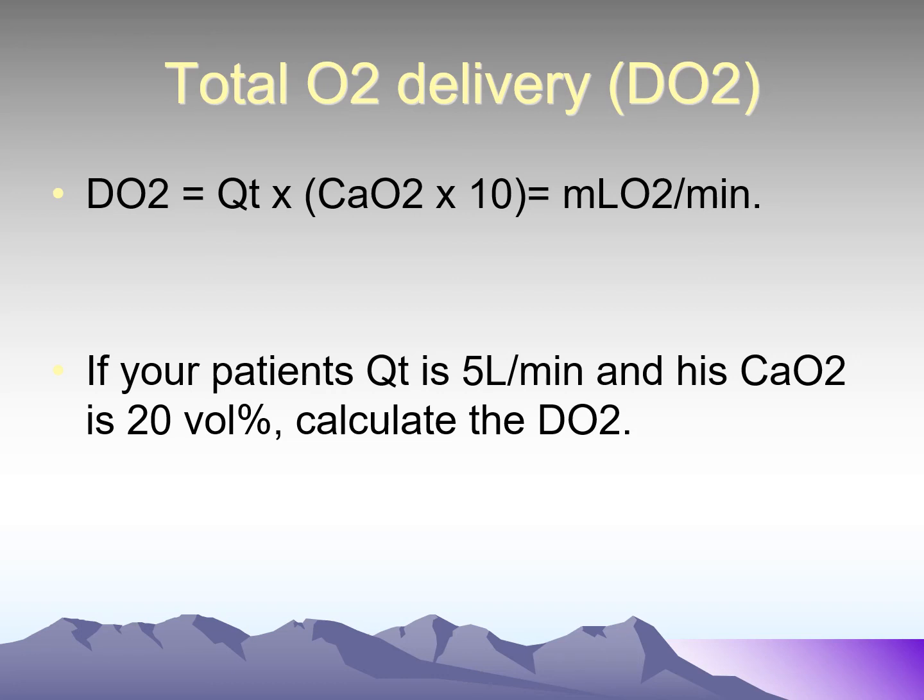All right, so think of things that might cause a DO2 to be decreased. Well, if I just look at what makes up my equation, one thing that sticks out to me right away is cardiac output. Okay, and other things, part of the CaO2 is your hemoglobin. So things that would make your DO2 decreased would be a decreased hemoglobin, and decreased blood oxygenation,